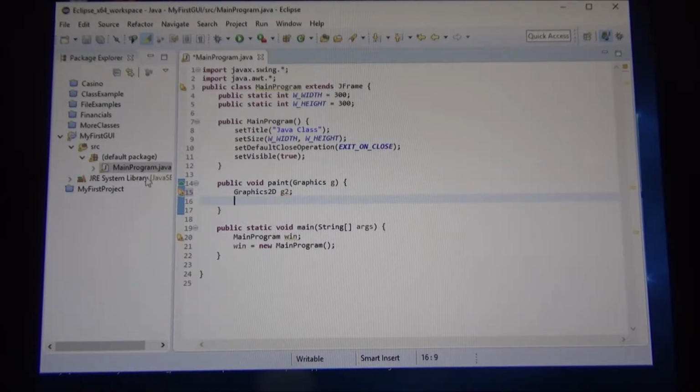So right now, when I pass a parameter that's an object, what do I pass? You remember? You pass the address, right? Because all the variables that are of object type only hold an address, right? So how can I convert this Graphics to a Graphics2D? Well, we can cast it. So I can say g2 equals Graphics2D, and I'm going to